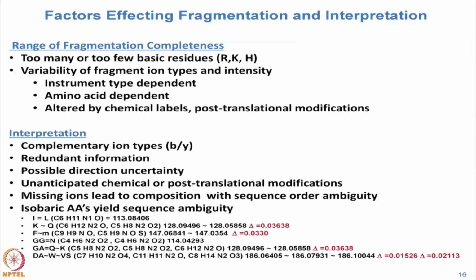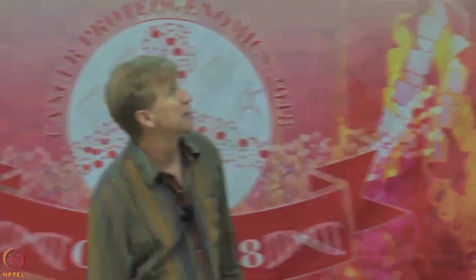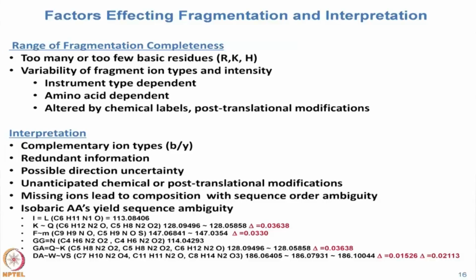All right. So what I've tried to illustrate for you is that unlike DNA sequencing, where it's typically the case that you get a clear, complete answer at every step of the process, with an MS/MS spectrum, you have incomplete information. Okay. And what I've tried to go through and tell you is some of the factors that contribute to that information being incomplete. Okay. And here's a list of those things here. Okay, the fragment ion types and the tendency for them to occur depends a little bit on what kind of fragmentation mode you're using. There are different ones out there, and I will come to that in a later slide. Okay,